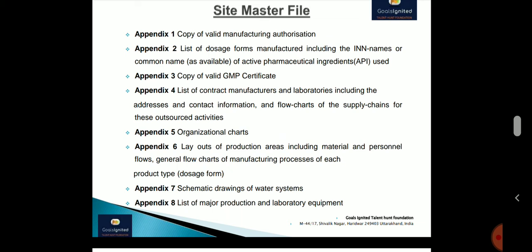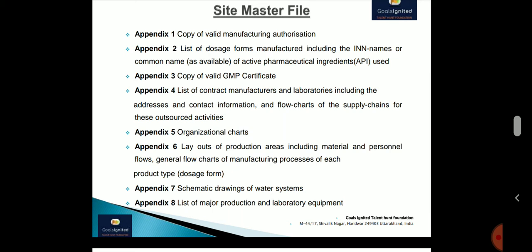In any case, the contents of the site master file should not exceed more than 30 pages. If we attach the appendices, 10 to 15 appendices may be added, but in any case it should not be more than 40 pages. If you have a very big site master file, it will not give a good impression to the auditor or the customers who ask for the site master file, because it contains only the specific and very useful or key information about the site.